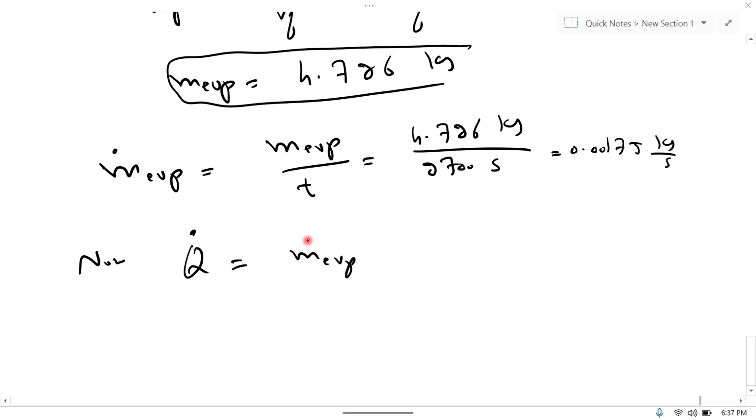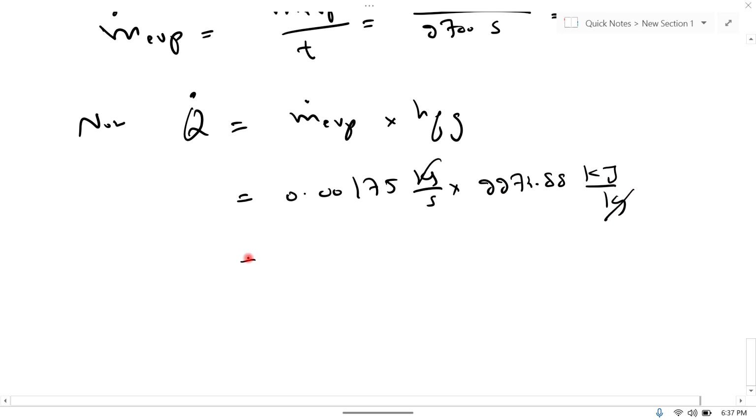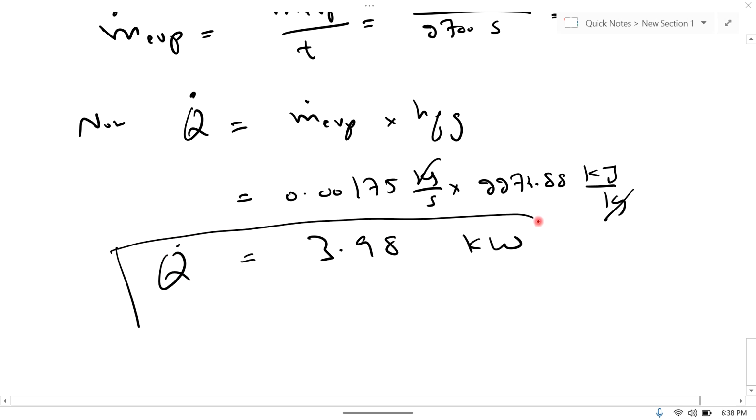Formula is already given in the previous problem, multiply by Hfg. So rate of mass of evaporation is 0.00175 kilogram per second, and Hfg is 2274.88 kilojoule per kilogram. This kilogram will be cancelled with kilogram, and kilojoule per second, joule per second is equal to watt, so this is kilowatt, and the value is 3.98. So this is the final result, and I solved problem 3.44 and 3.43 in this